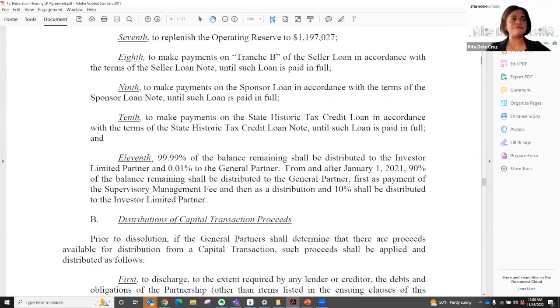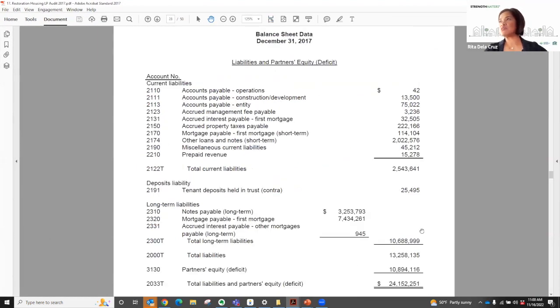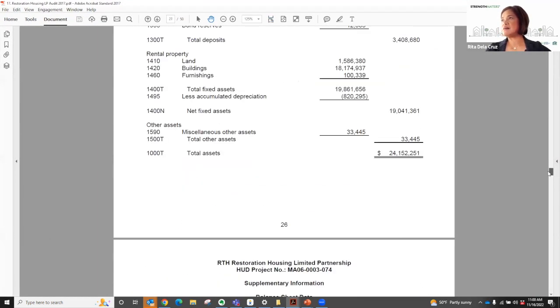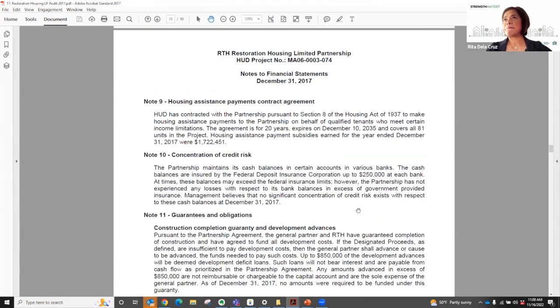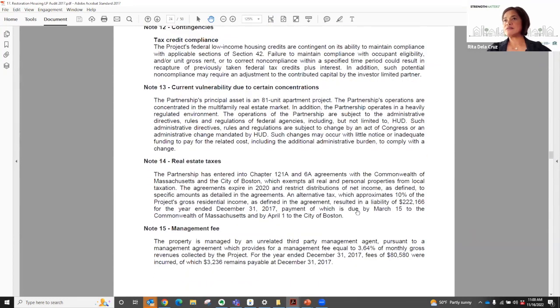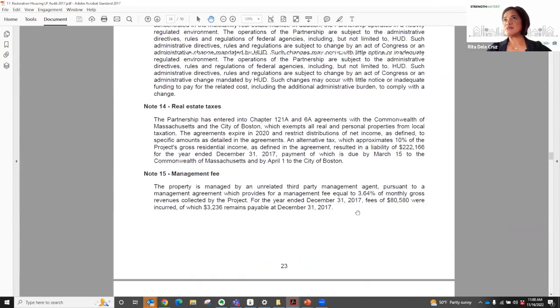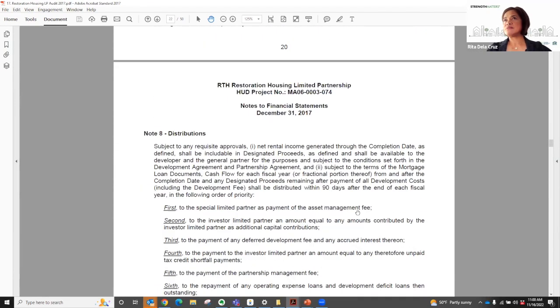Okay, and then, sorry, I just want to show the financial statements one more time. You would look at the priority distribution in the partnership agreement, but you also can refer to a note in your financial statements that talks about the waterfall. And that's usually note, this one, note 8,